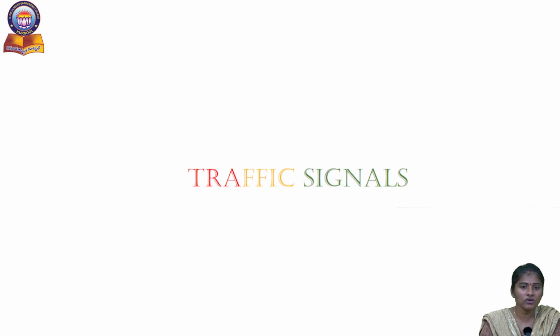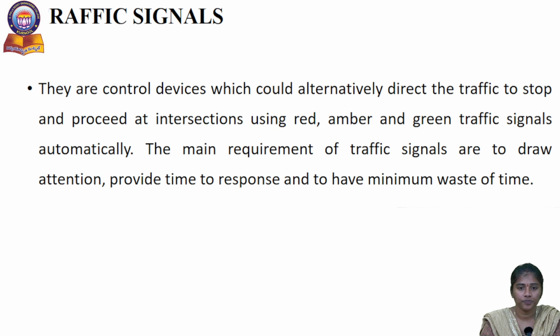Next we have another type of traffic control devices, that is traffic signals. Why do we provide traffic signals? These are the control devices which alternately direct the traffic to stop and proceed at intersections using red, amber and green traffic signals automatically. The main requirements of traffic signals are to draw attention, provide time to respond and to have minimum waste